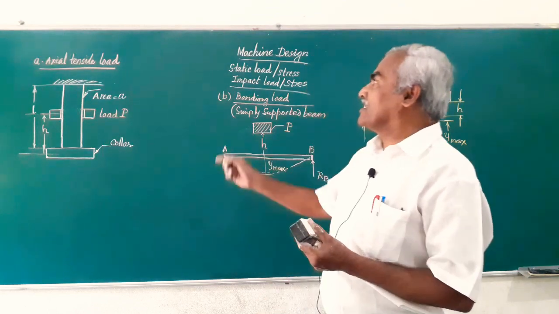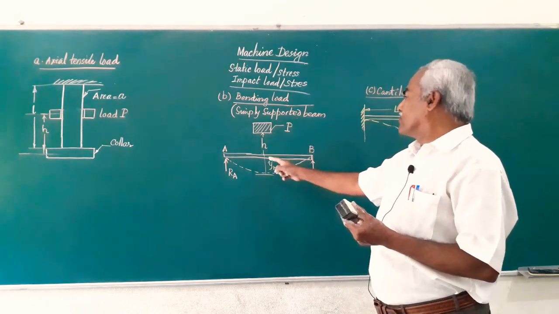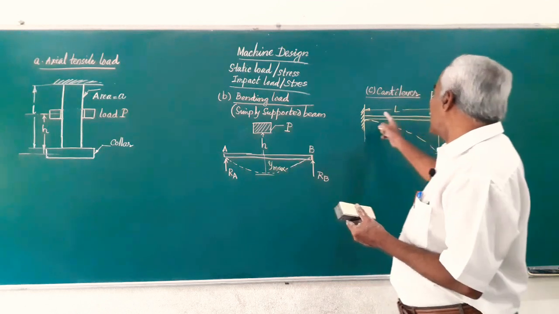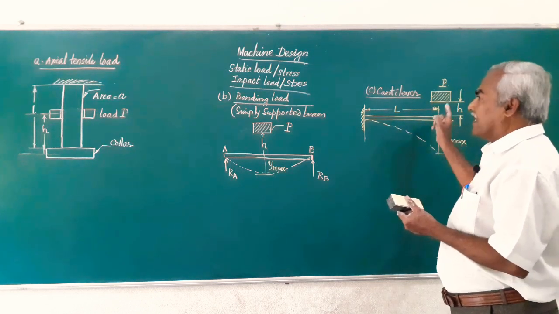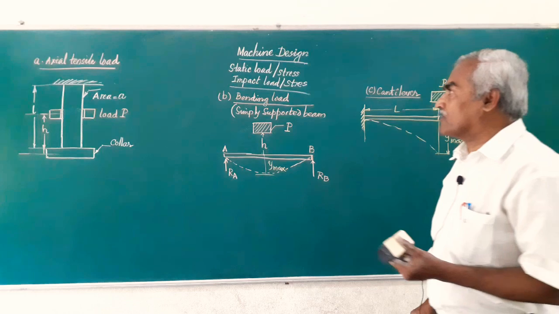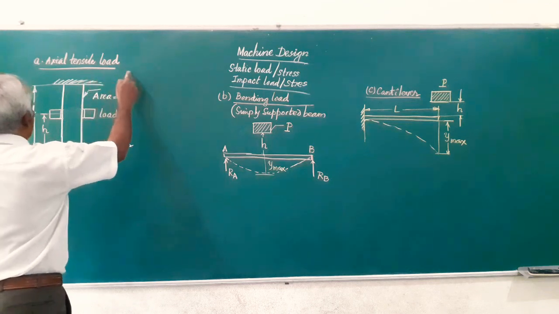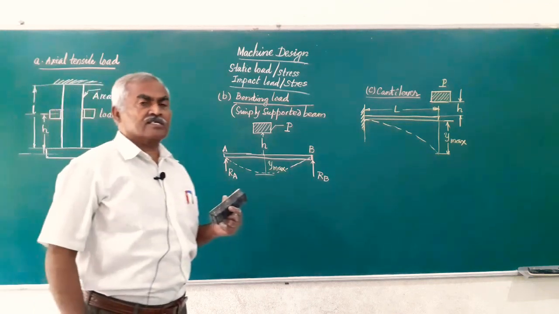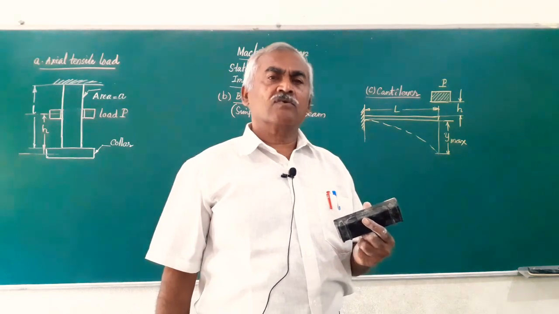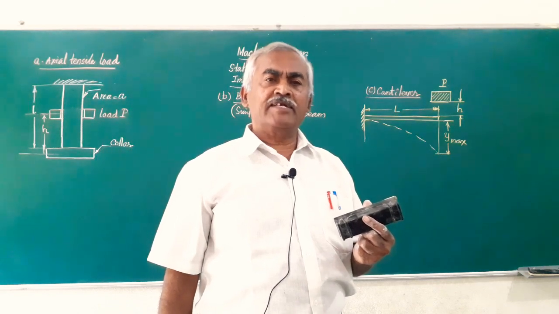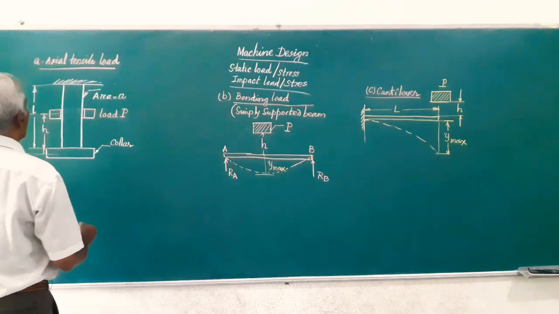In today's video we are going to learn three cases. One, a member subjected to an axial load; second, a member subjected to a bending load; and third, a member subjected to an impact load at its end, a cantilever. So friends, let us start with finding out the impact stress due to axial load. Friends, in this machine design data handbook, equations are given to find out the impact stress for all the cases like tension, bending, etc. So, if it is the case of a tensile load, let us see how it happens.